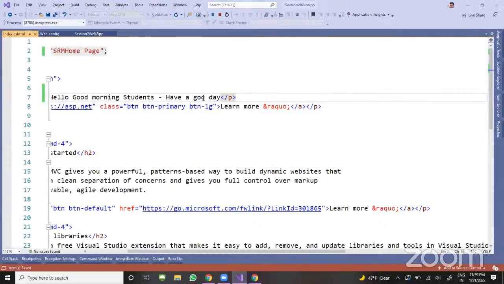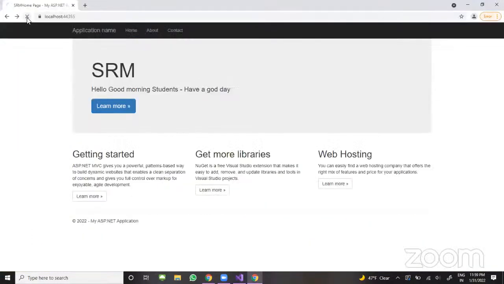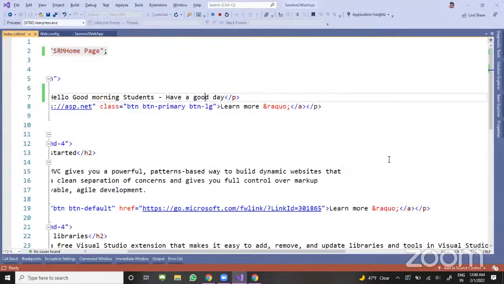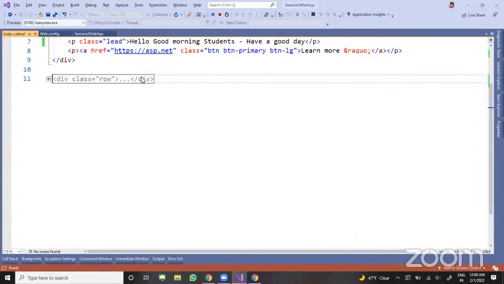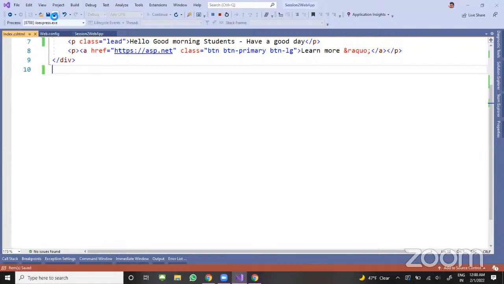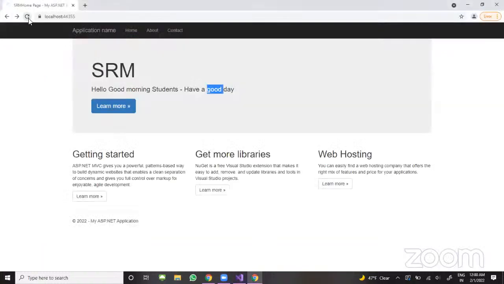Sorry, typo. Good day. I made the save, came here and refreshed, so here it will change to good day. Same thing here. If you want to change all this information, whatever is typed, you want to clean it up. I don't want all those things. It looks very bad. Delete, save, go, refresh,